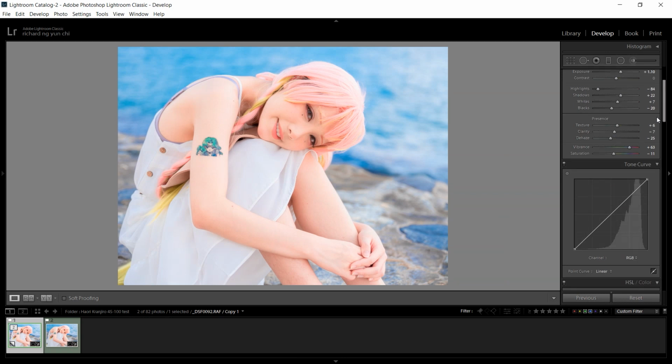Okay, so now we go back to curve, and the curve job is actually to do certain things like crunch the highlight, or crunch the shadows, or bring up the shadow so that it looks a bit more faded like film. And actually that's what we wanted in this shot itself, so I just shift the tail end up a bit. And you notice the whole shot also turns slightly brighter, but it actually fades a little and gives you